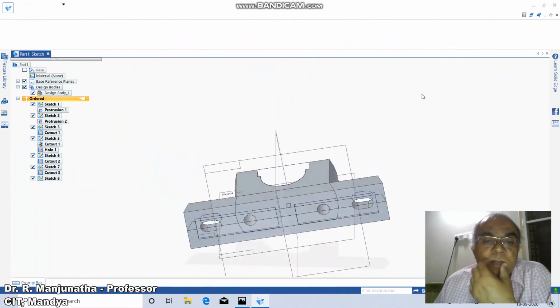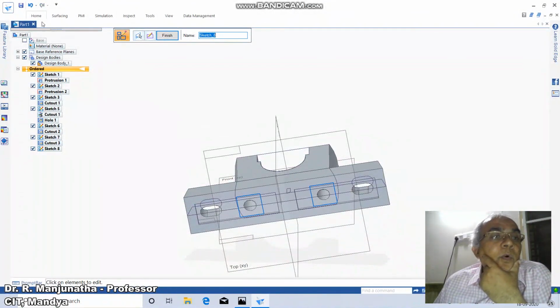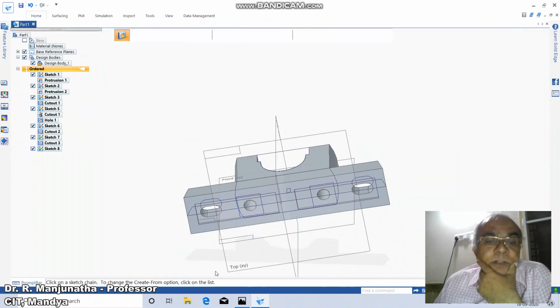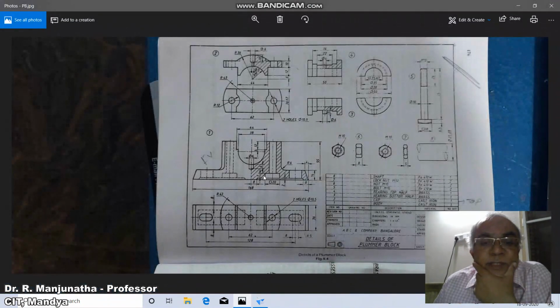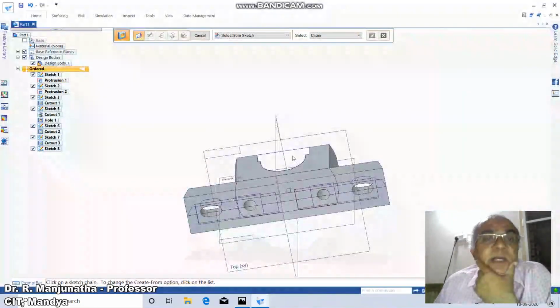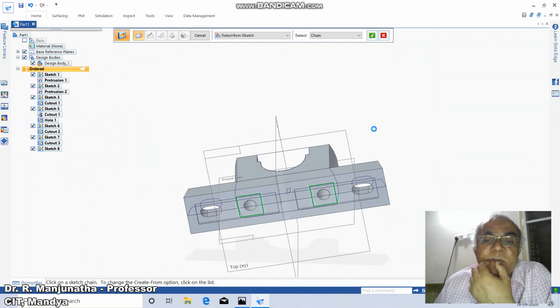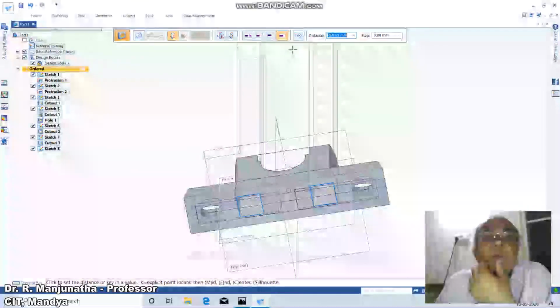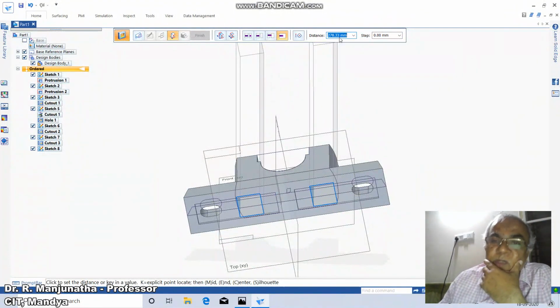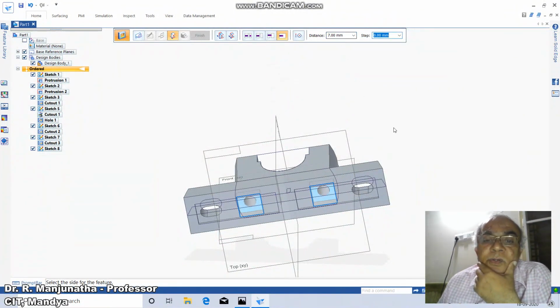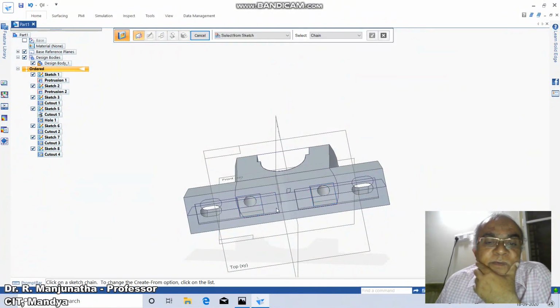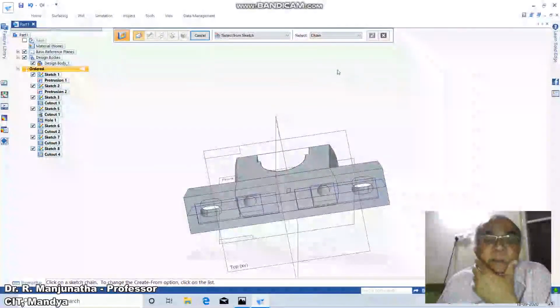Then click on home, click on cut. So what is the height? The height is given to be 7 mm. You can see here this is the depth of 7 mm of the square. So you just take over that, select from sketch, you select this and you select this, then you accept this. What is the distance you want to remove? It is only up to 7 mm. So you take it inside, so that from this surface you are going to have the 7 mm depth.